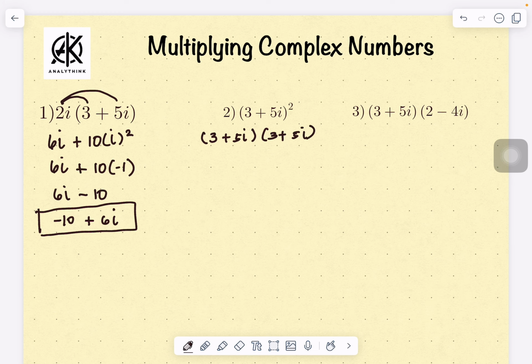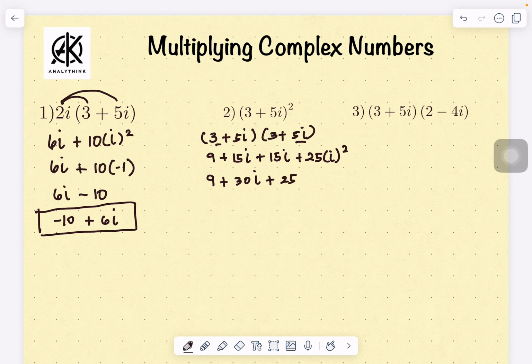Using the FOIL method, you have 3 times 3, 9. 3 times 5i, you have 15i. 5i times 3, you also have 15i. And then 5i times 5i, plus 25i squared. Now simplifying this, we have 9 plus 30i